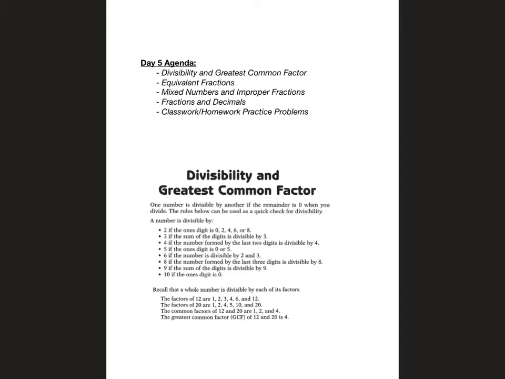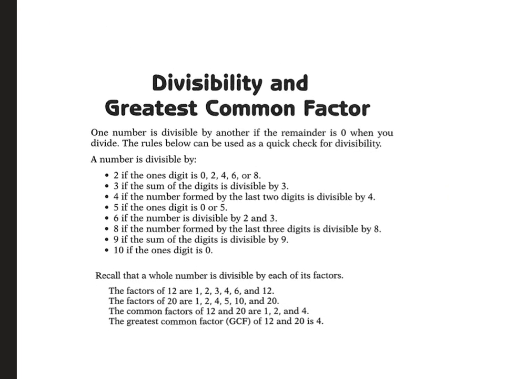One number is divisible by another if the remainder is 0 when you divide the two. The rules below can be used as a quick check for divisibility. A number is divisible by 2 if the ones digit is either 0, 2, 4, 6, or 8; 3 if the sum of the digits is divisible by 3; 4 if the number formed by the last two digits is divisible by 4; 5 if the ones digit is either 0 or 5;